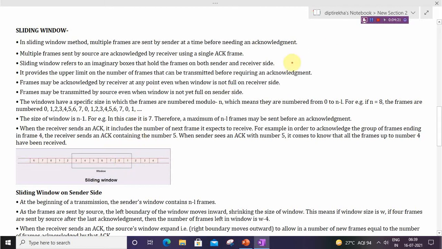So for example, in order to acknowledge the group of frames ending in frame 4, the receiver sends an acknowledgement containing number 5. When sender sees an acknowledgement with number 5, it comes to know that all the frames up to number 4 have been received.